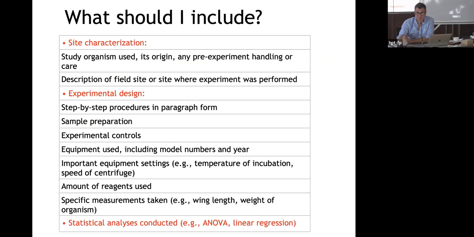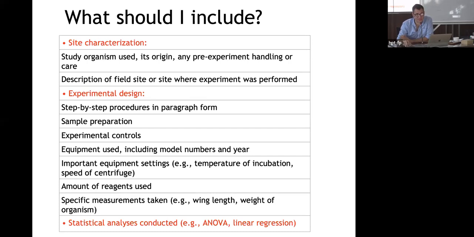So what should I include in the material and methods, and what type of information? Here, you can see what is expected. If you have done fieldwork, include information about the site, and the study organism, its origin: is it a rare strain or population that you used yourself, or something that you bought? If it's a commercially available product, tell what the company is and when you bought it. This information is important to be provided.